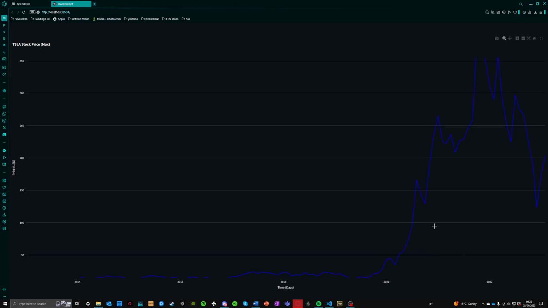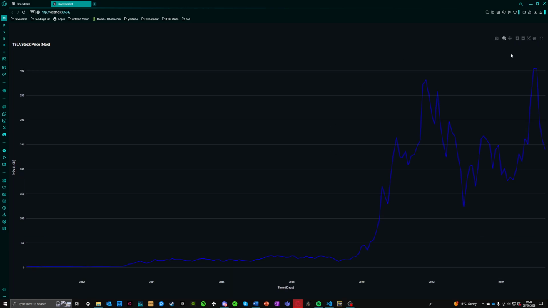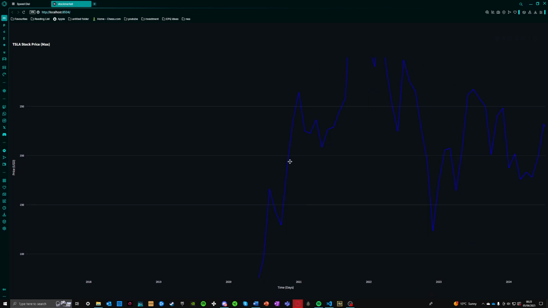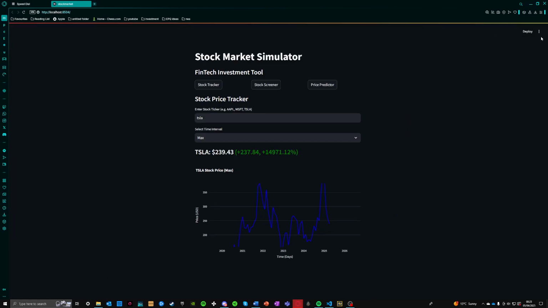You can drag and zoom in. You can select the time frame you want to look at and drag. You can reset the axis so it goes back to the graph. You can zoom in, zoom out. You can pan it so you can select where you want to look, zoom, and you can obviously click this, download the graph as a PNG, so for it to be saved on your computer. So if we go back to last day,